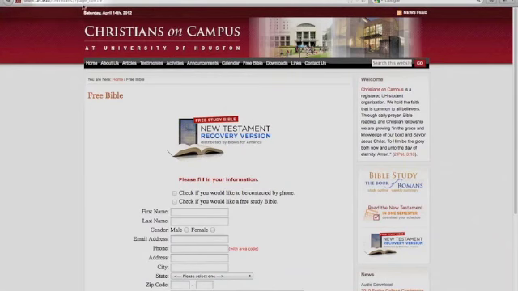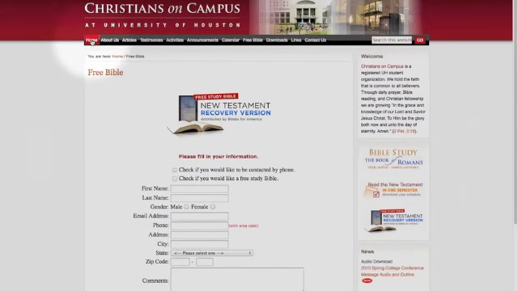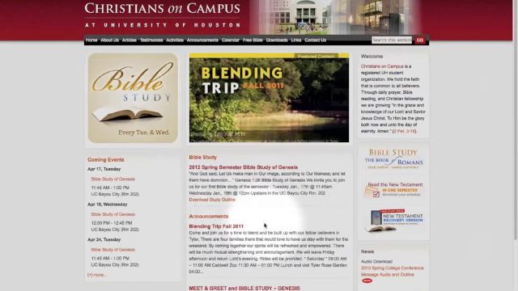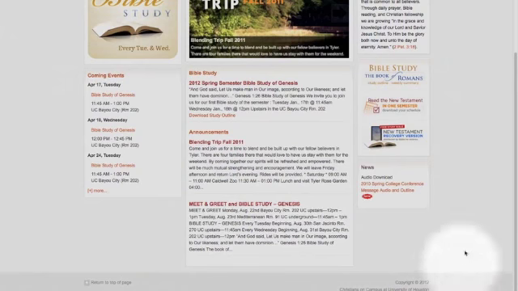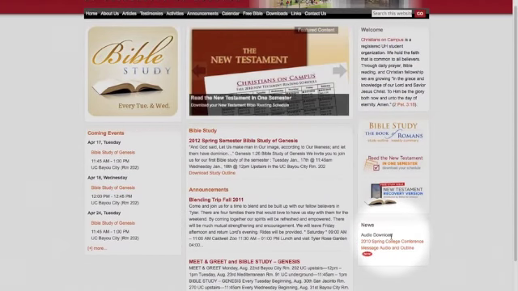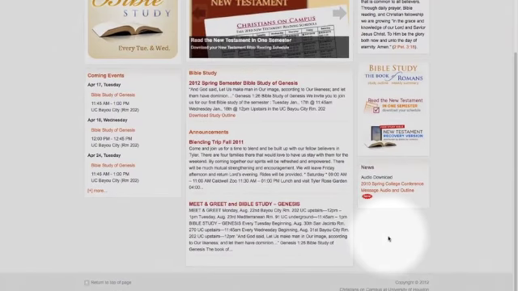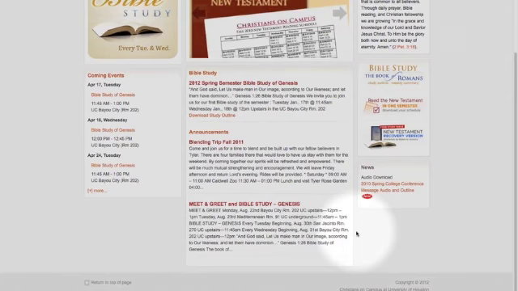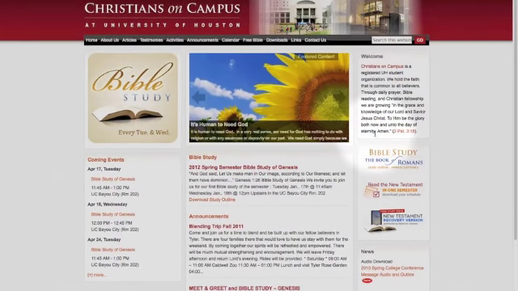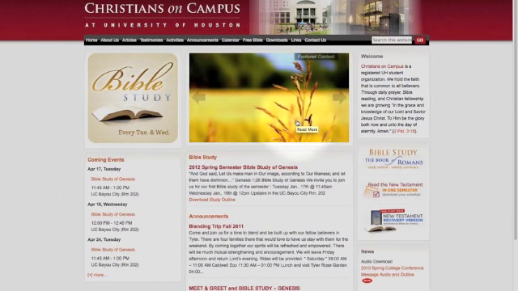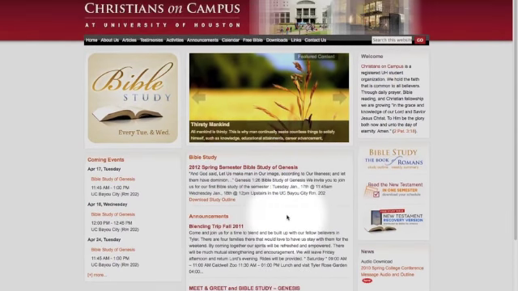But one thing that's a little puzzling to me is that nowhere on the home page can you find an icon for their Facebook page. So it's hard to say if they want to direct traffic to their Facebook page or to the website. Normally it would be here, so I could, as a student, also check out their Facebook page. And usually a website will decide whether they want to drive people to the website or to the Facebook page. So anyway, that's not here, but that's okay.